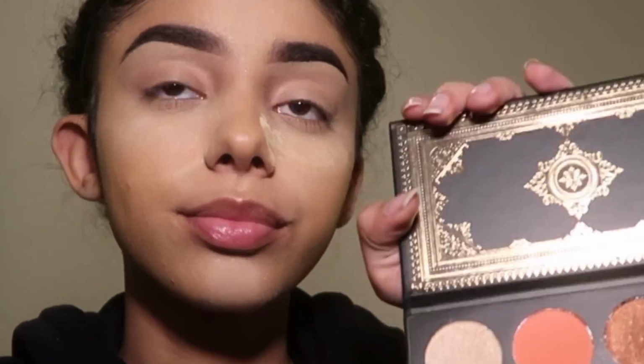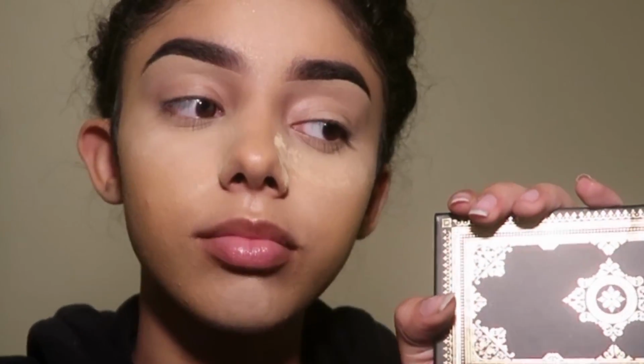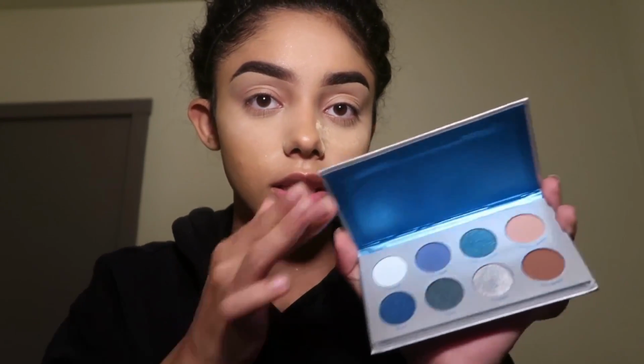Now that the eyes are covered in concealer, I'm gonna move on to eyeshadow. I have two new eyeshadow palettes. I have the Ace Beauty palette, and I got this from my, what's it called, oh, BoxyCharm. So I have this palette. I also have the Bretman Rock X ColourPop Wet palette, and this is how it looks. I think I want to use this one more than that one, but I'm going to be using both, hopefully, just to get a good mixture. None of them had a mirror, so